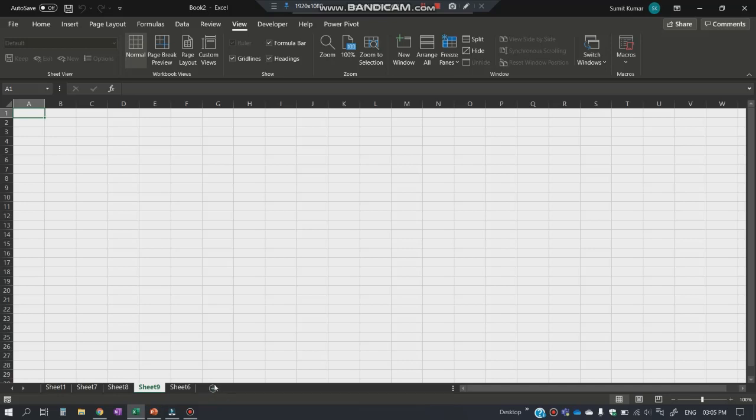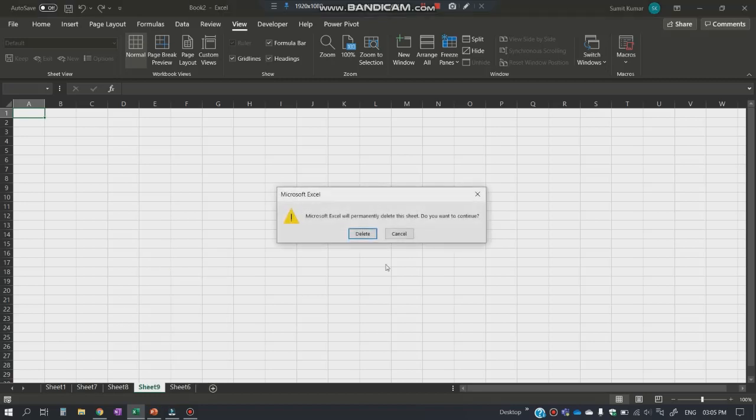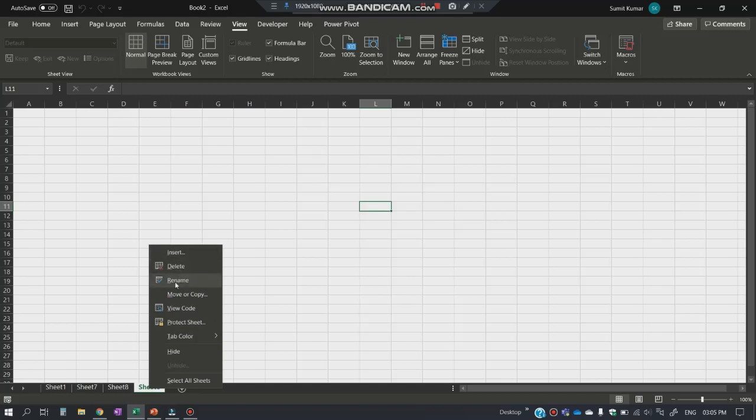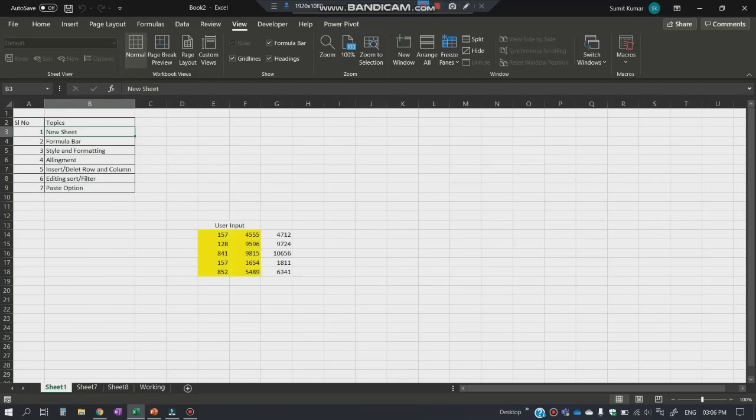So this is the way you add a sheet, and if you want to delete a sheet, just hover over the sheet and just right click on that, and you'll see the second option as delete your sheet. So the moment you click, they'll ask you whether you want to delete, just confirm, and then sheet will be deleted. And same way you can rename your sheet as well. So right click on that, click on the rename option, and it will ask you to rename your sheet. You can just rename as working and then press enter, and then you can see your sheet has been renamed with Bobby. So this is how you rename, add and delete a sheet.